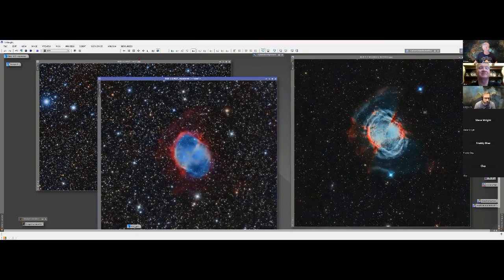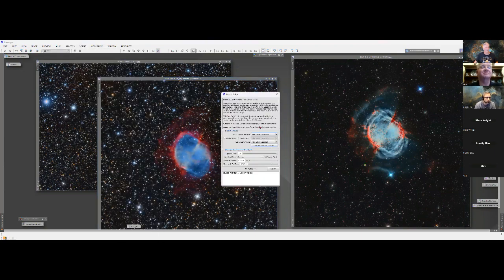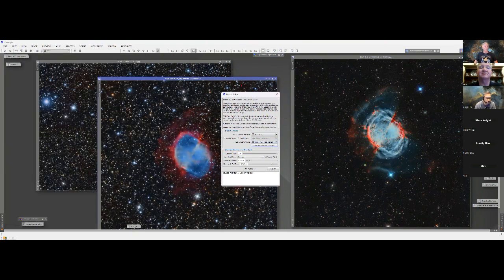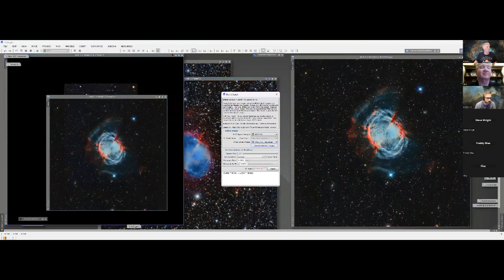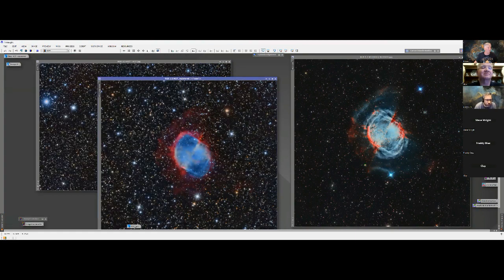And so I just went to the blend script. And the upper layer was the first one, the HOO, and the bottom layer was the registered one. What happened here? Okay, well, let me cancel it out. I don't want that.